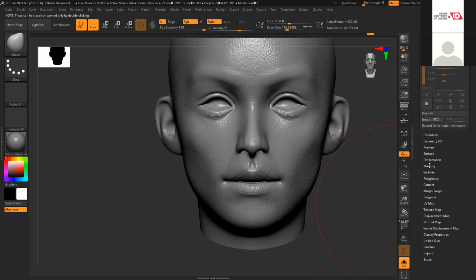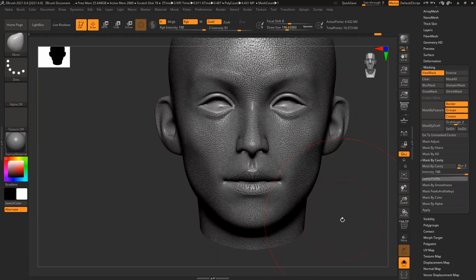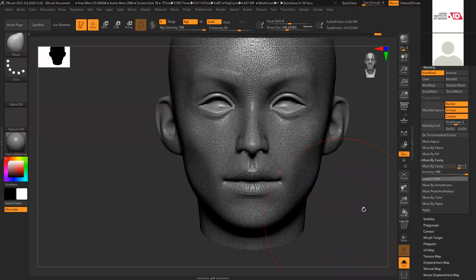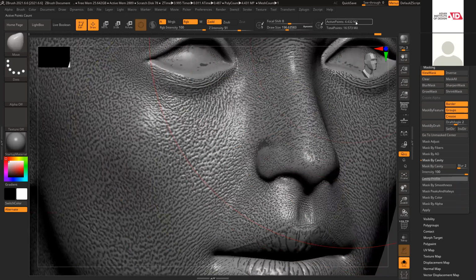Where is masking? And there's something called mask by cavity. It basically reads all the holes, pores, and all those things. All the cavity is selected, and it has a decent amount of polygons now, so it can make a very nice fine selection. So I can see everything.